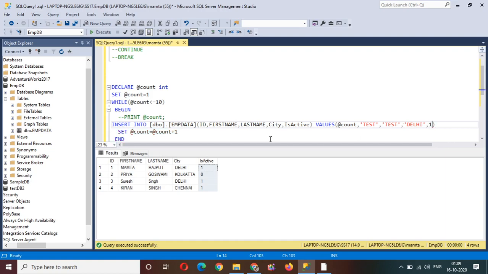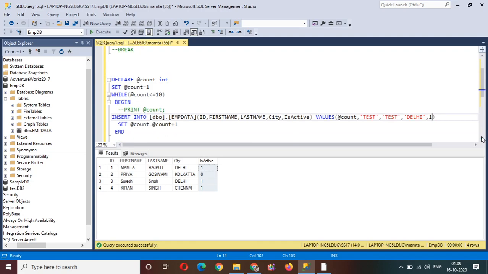Now let's understand one thing, that we have already 4 records, and the last id is the 4, and I wanted to insert the next id as a 5. So what I'm going to do, I'm initializing this count as a 5, and I need to check it as less than 6 only, because as of now, it is just for demonstration purpose. I just wanted to make you understand how we can insert the data.